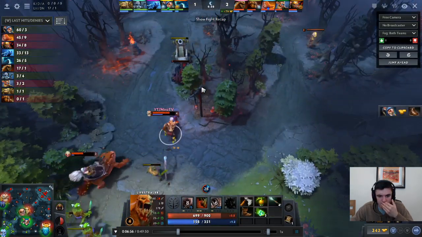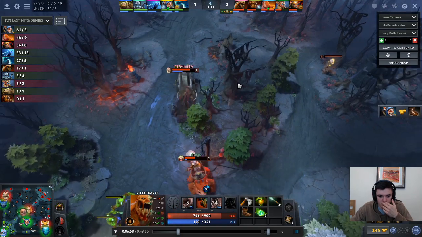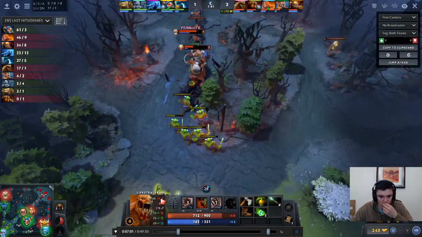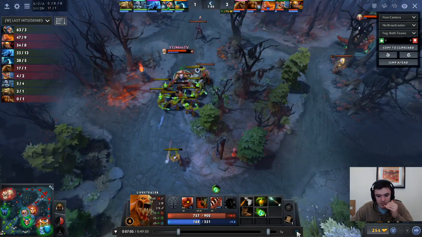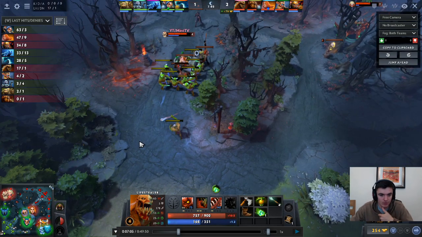So really a small misplay from myself. If I was a bit more conscious, I could have maybe got 1 or 2 more attacks in that would have probably secured the kill on the Razor. But nonetheless, we don't kill him, but we're enough to force him out of lane, which is perfect for me,